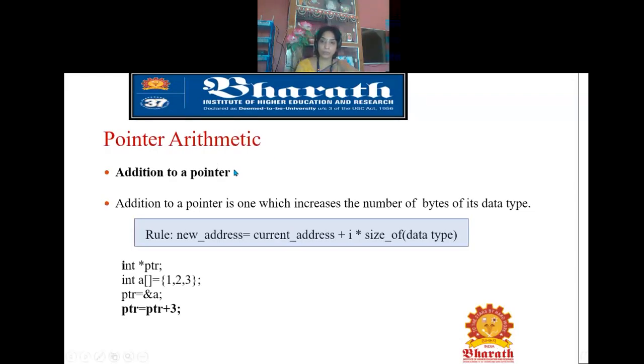Next one is the addition of the pointer. Previously we have seen just incrementing and decrementing, which means it is going to either add 2 bytes of memory or reduce 2 bytes, in case of an integer. Depending upon floating point or character, the number of bytes added or decreased will vary. Now we can also have the addition to the pointer. You can add any integer to this pointer, say 5 or 6 or anything.